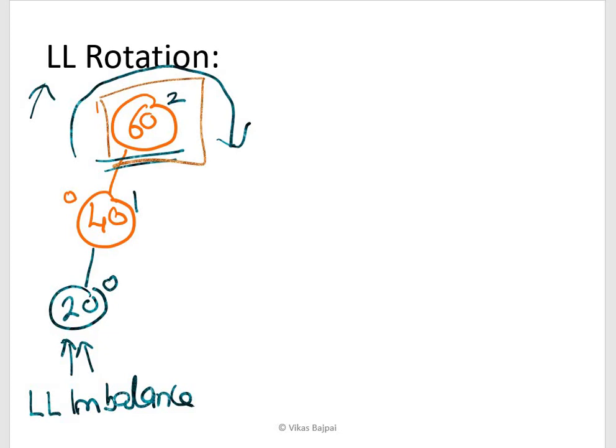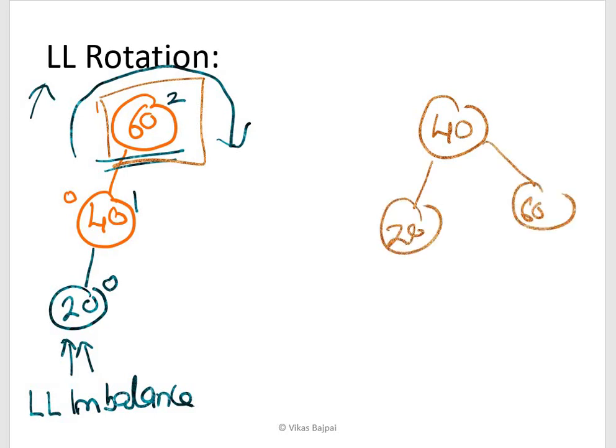Because of this rotation, I'm getting 40 somewhere here, 20 somewhere here, and 60 somewhere here, right? So this looks perfectly fine. This results in this. Let me check: 0, 0, 0, right? And 0, 0, perfectly fine, right?